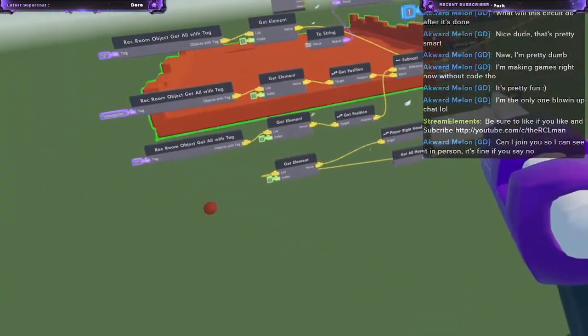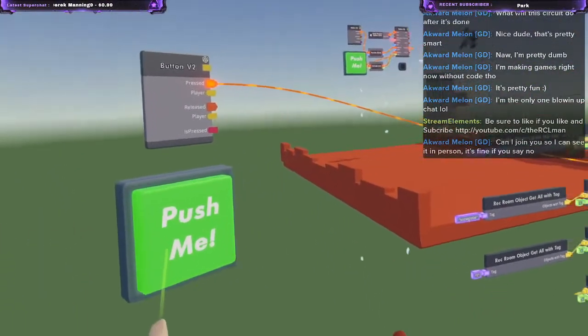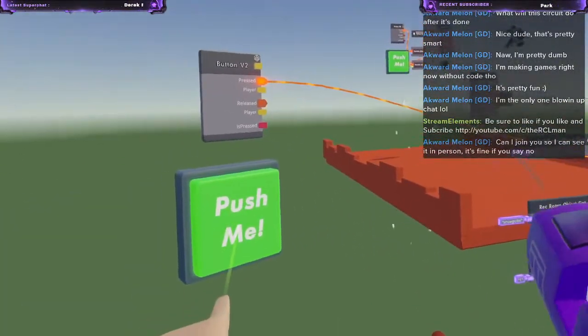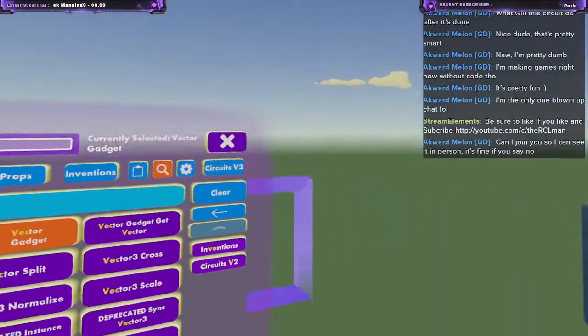Alright, so it doesn't seem like that thing can be moved. So that probably won't work. Unless,